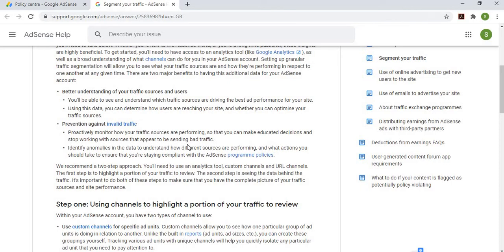If they are doing this, it means it is done by some competitors who do not want you to get success in very little time. So you need to monitor whatever activity they are doing, and if you find that they are intentionally clicking on your ads, then what you need to do is